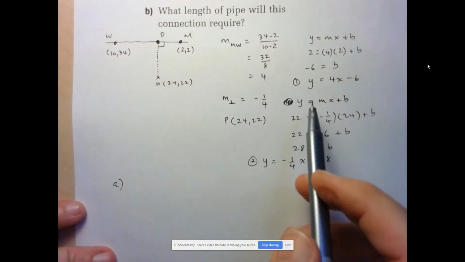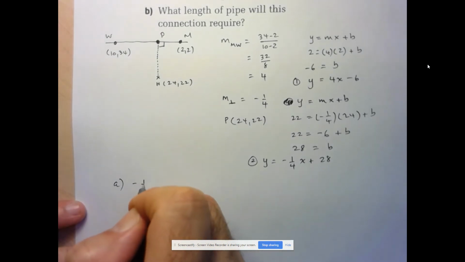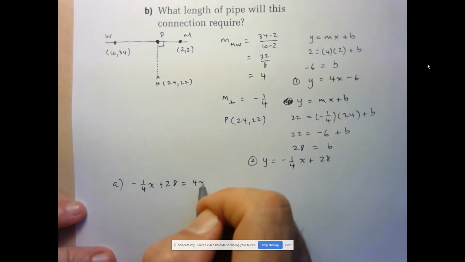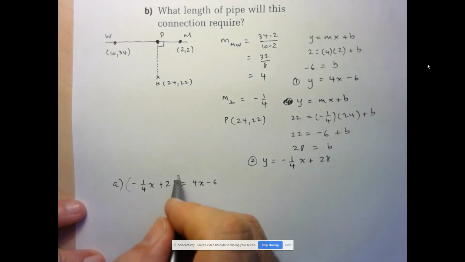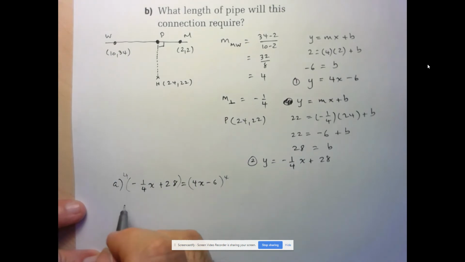So I'm going to replace this y by negative a quarter x plus 28. So negative a quarter x plus 28 is equal to 4x minus 6. To solve this equation, I'm going to multiply both sides by the lowest common denominator, which is 4, because I don't want to work with fractions at all. So if I multiply this side by 4 and that side by 4, we have 4 times a quarter is 1, so negative 1x. And then 4 times 28 is going to be 80 plus 32 should be 112,